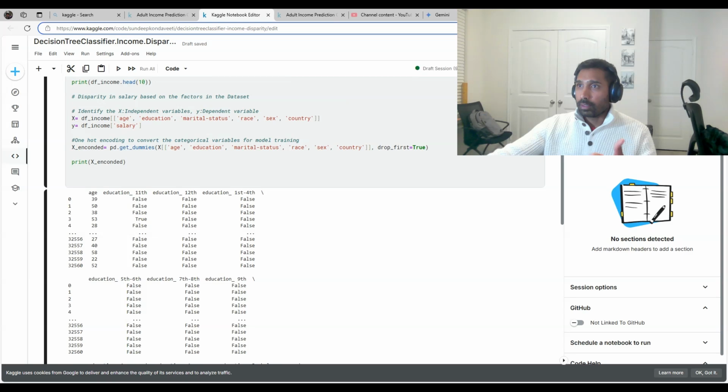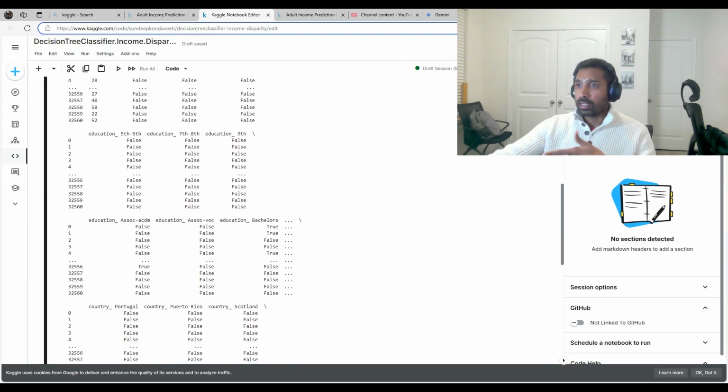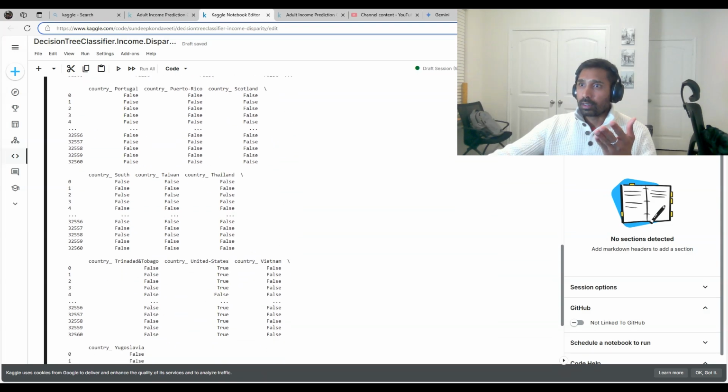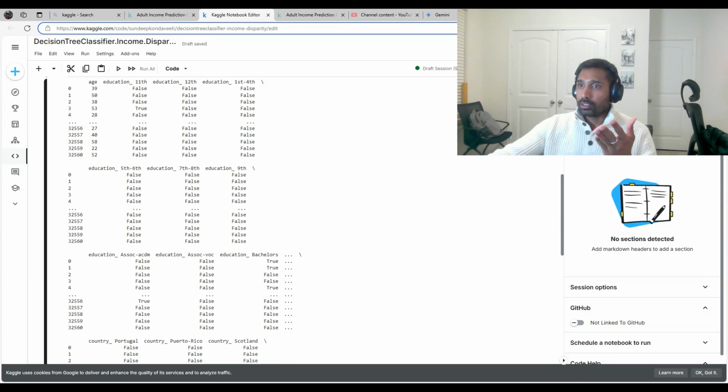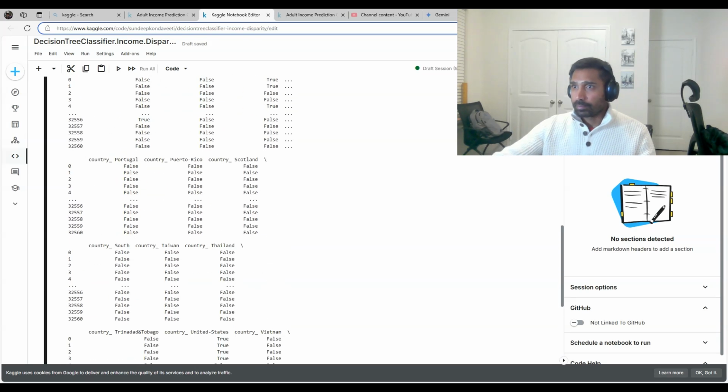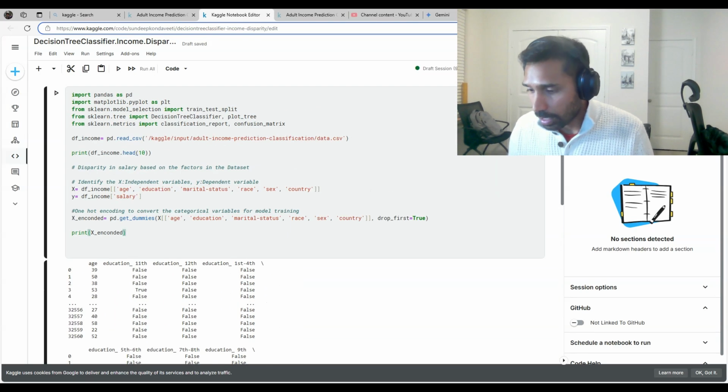It is a continuous variable, but for education, it's breaking down by education 11th, education until 12th, education 1st to 4th, and so on and so forth. And the education categories are very clearly defined. And similarly for country, and similarly for other categories which we need to input to the decision tree classifier. Okay. Now, after that step, we are going to